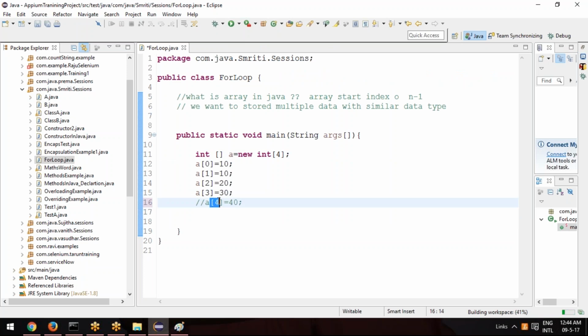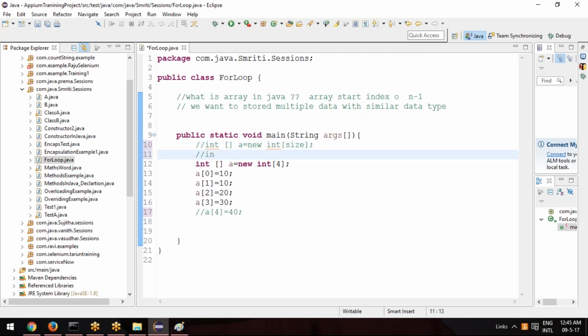So what is the index value? Index will start from 0 and go up to size n minus 1, which means the highest index will be 3 only. N minus 1 index wise, please remember, most of the people will make this mistake. People will declare 4, they will treat it as if it should accept 4. The rule is, here is the size. I will write one more line of statement, so you can understand. Here is the size, and index